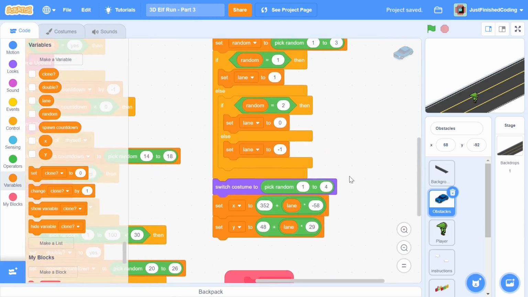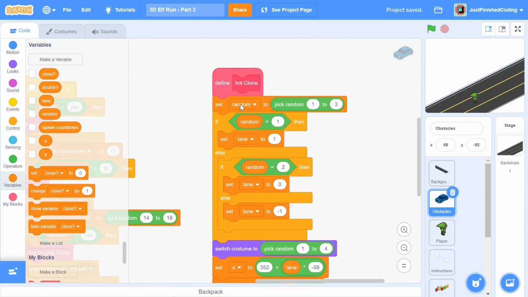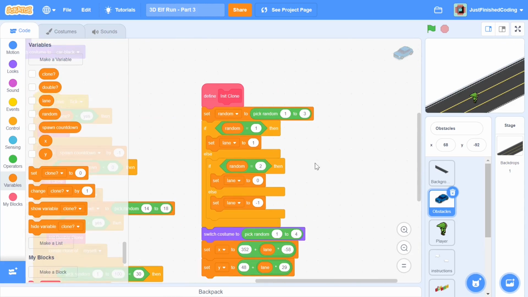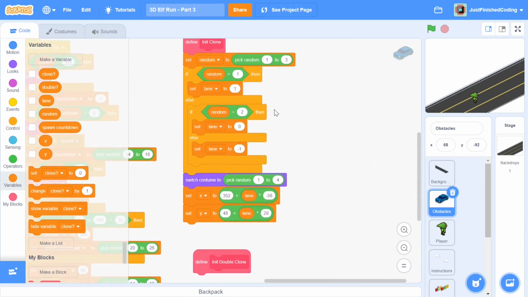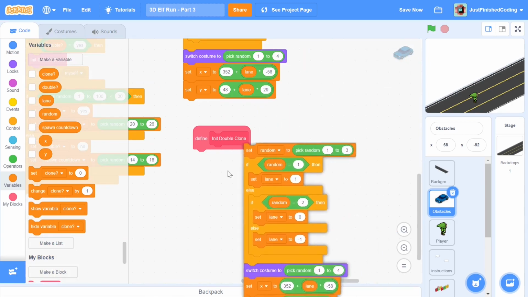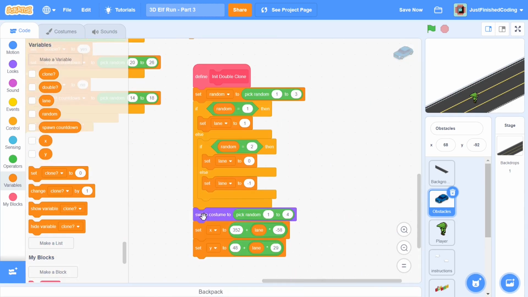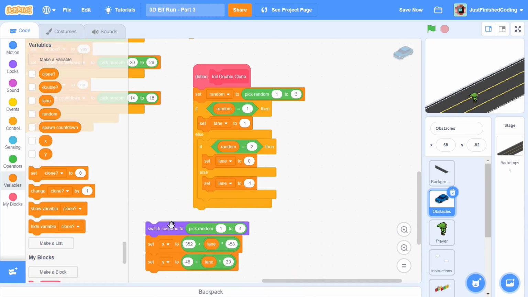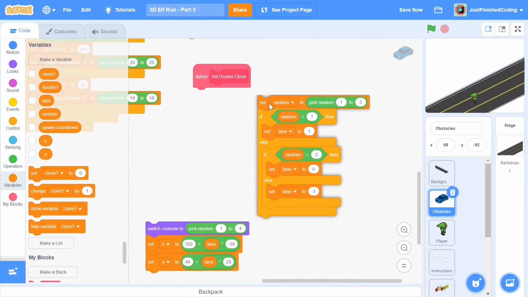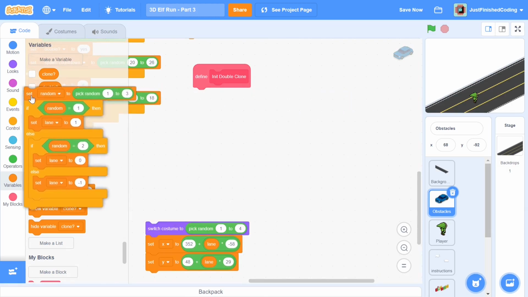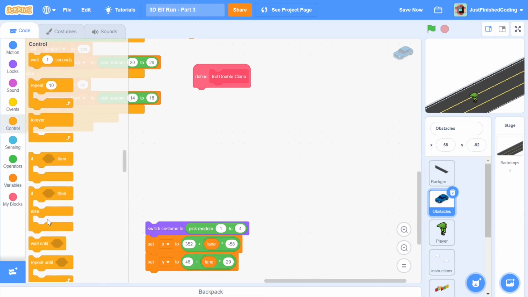Alright, so now we can go into this init double clone. And things are fortunately going to be very, very simple. So you can duplicate this, and we just need to make sure that the lanes are slightly different. So you can drag all these 3 lines of code because they're going to be the same, and you can pretty much chuck out everything else. Okay. So you need first of all an if else,